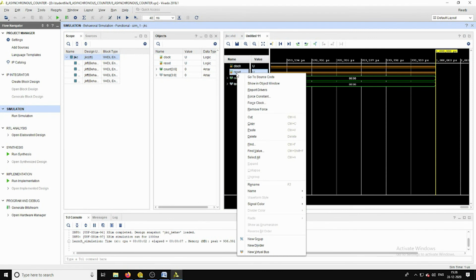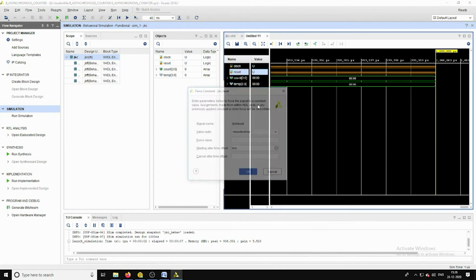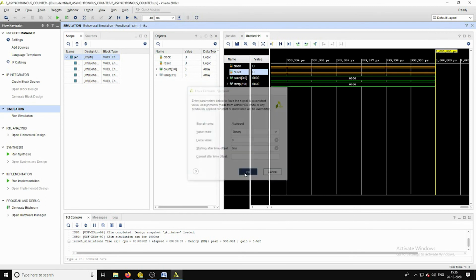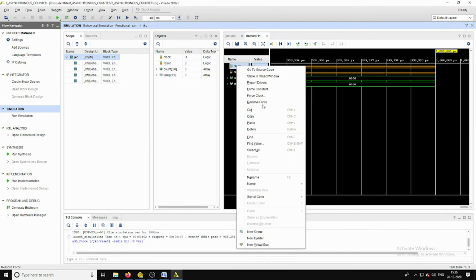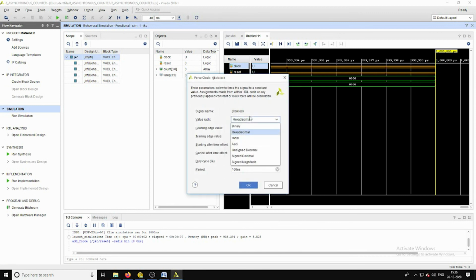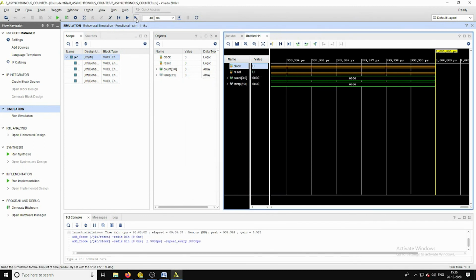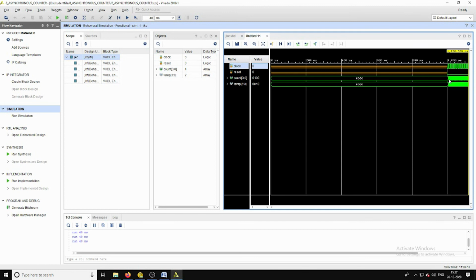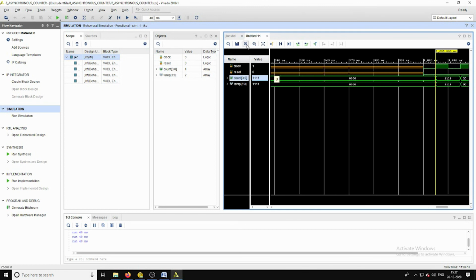Here I am assigning the reset initially 0, and then coming to the clock. Initially it is all zeros.